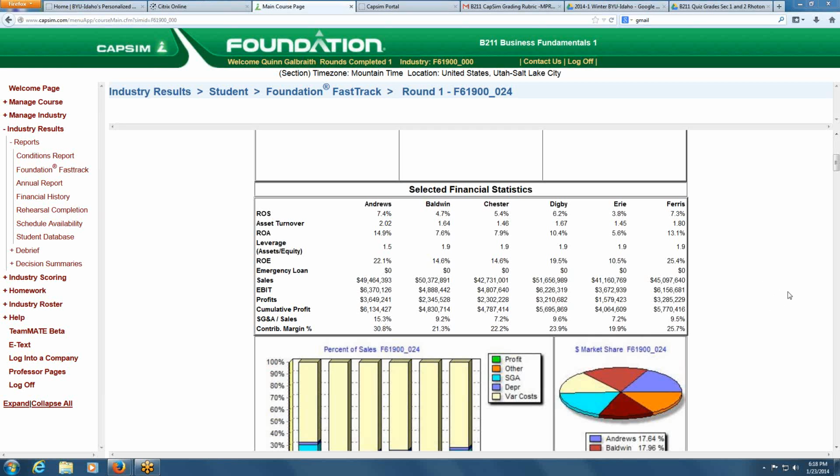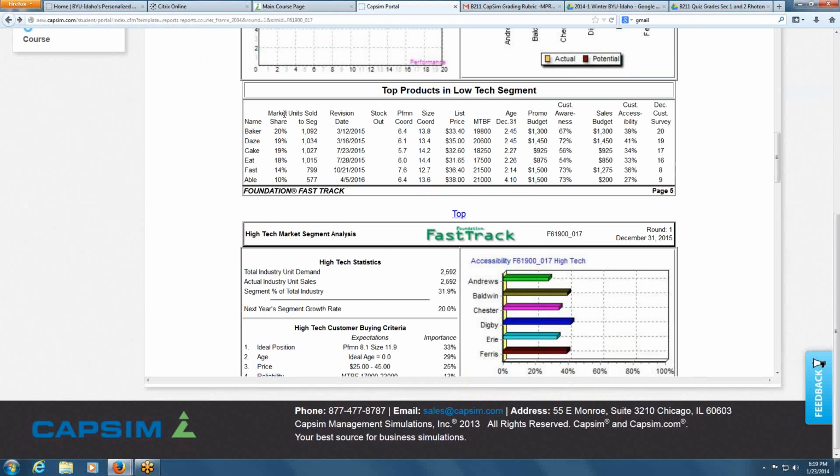Yeah. Now, Tanya had a question previously. Tanya, do you want to ask your question? I did. Part of it was about the ROE and ROA and finding out if looking at that could help us. But also, just a second ago, when you were talking about the promo budget and the customer awareness and the accessibility, increasing your promo budget is going to help increase your customer awareness, right?